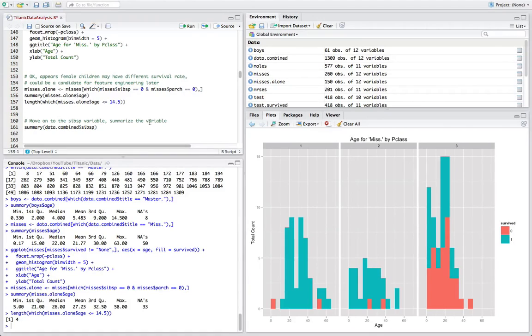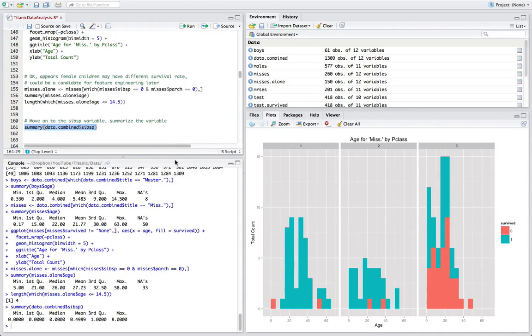Moving on. Let's take a look at the sibling spouse travel variable, or SibSp, for lack of a better way of pronouncing it. So we'll run our summary function on that, and we get back some relatively interesting information. It says no NAs. That's good, because we don't like missing values for variables, like we said before. And this is particularly interesting: the minimum value is 0. The 25% of all records are 0. The median is 0, which means half of the records have a value of 0. And the mean is only